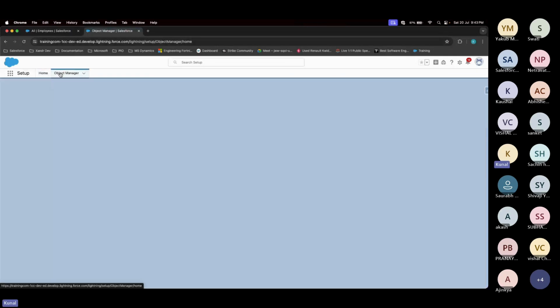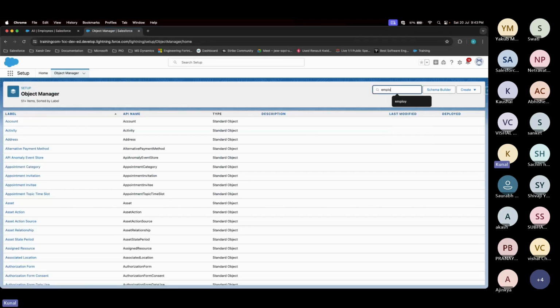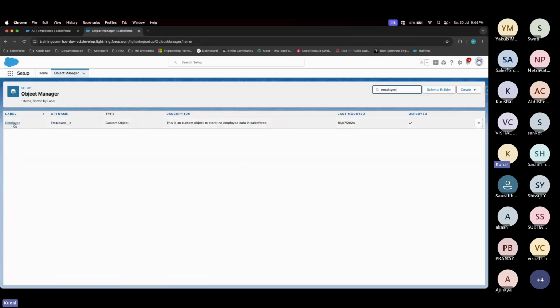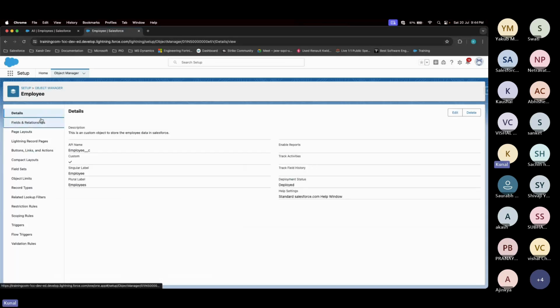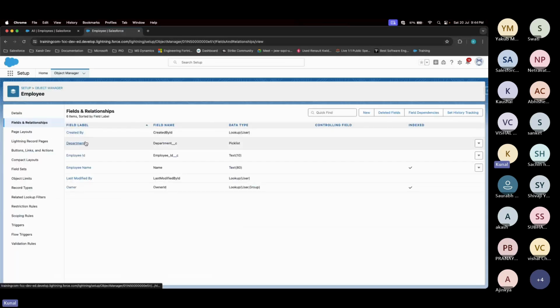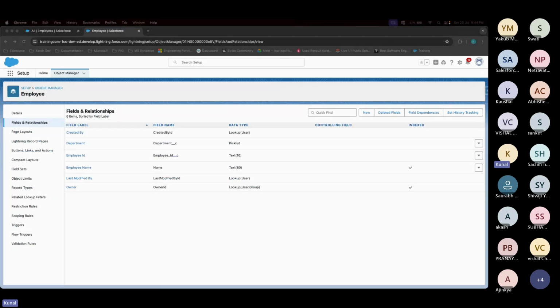Now you have to realize, when we created the employee object, we made a few custom fields. Department, employee ID, employee name, and owner ID. Sorry, these are the two we created and these are the standard ones. Now, as part of yesterday's exercise, I had asked you to also create a few other fields: first name, last name, date of birth, email, phone number, all those fields. I'll also create